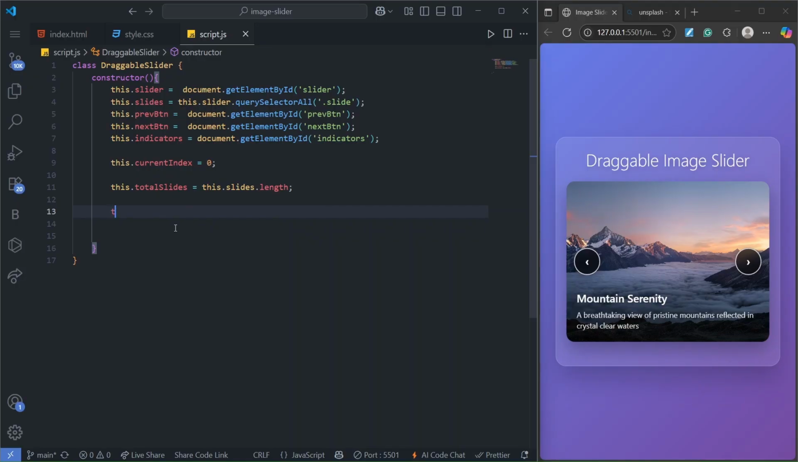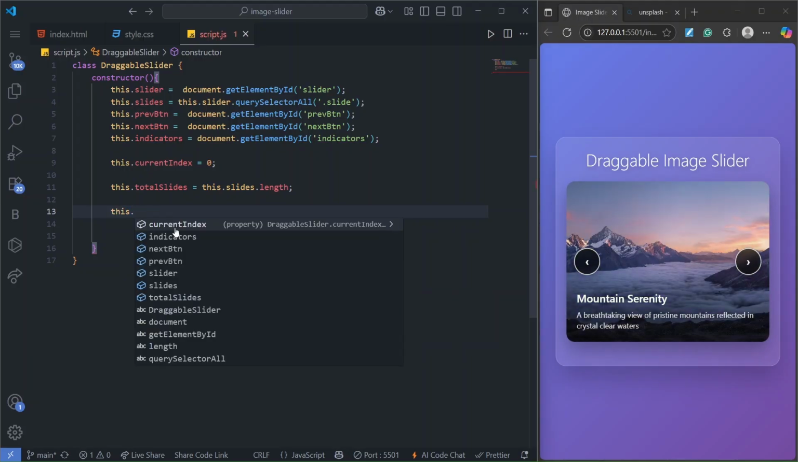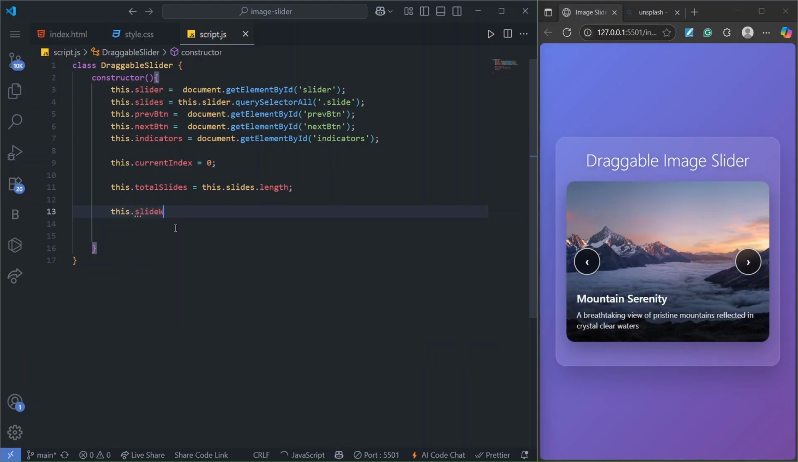So we have to define that also, this dot slide width equal to 0. Initially it is 0 because initially we are not sliding the image, right? Then,